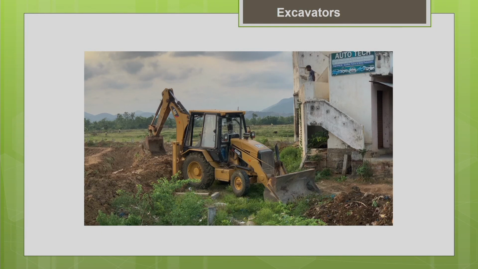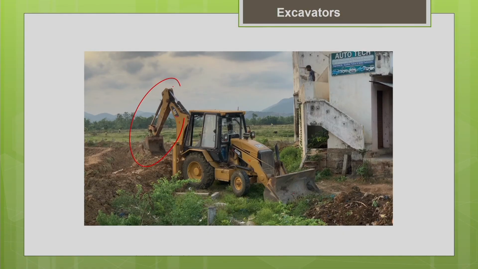So this is the combination of a front end loader and backhoe. In some places you may need this combination, because I may have to use a backhoe for excavating below the ground level. At the same time, I may need the help of a front end loader to transport the material to a dumping position. When both are needed together, then you have to go for this front end loader backhoe combination. So you have a backhoe as well as the front end loader. Where you need the loader for transporting the material as well as a backhoe for excavating below the ground level, in that case you can go for this combination.